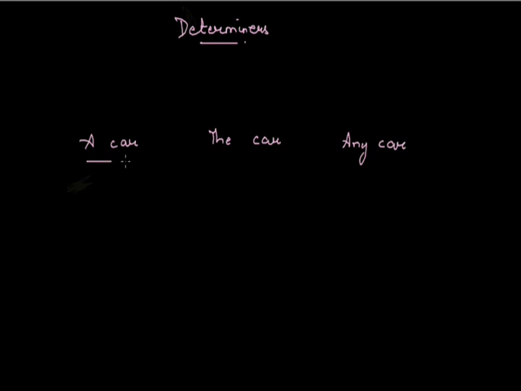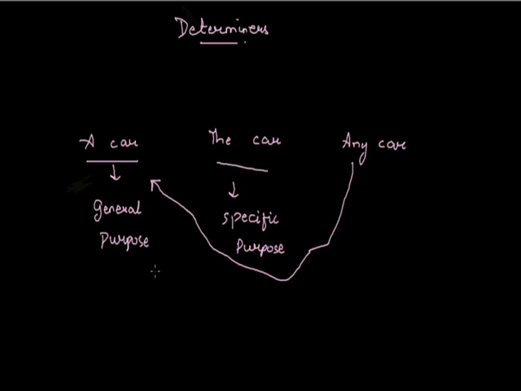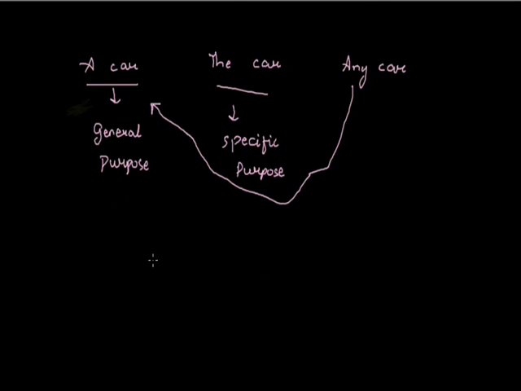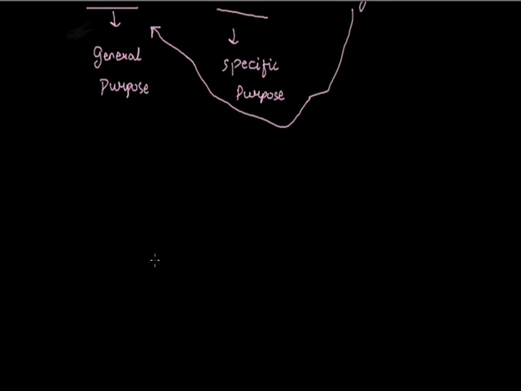So here, a car, it refers to what? It refers to a general car, any car. So it is used for general purpose. The car here refers to a specific car, or a particular car. So it is used for specific purpose. And any car is same as a car. So if we talk about a car for general purpose, any car also defines a general purpose or any